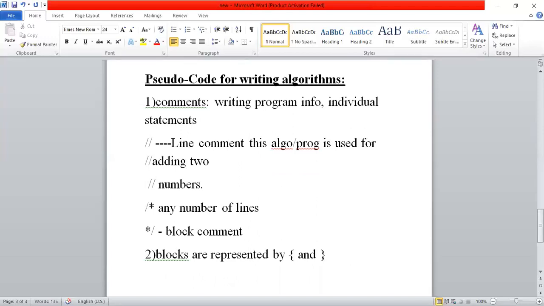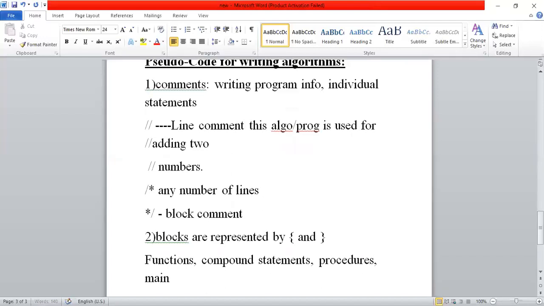Generally, we use these blocks in functions. Whenever you write a function header followed by an open curly brace, after that we can include the logical information about the function, but finally we need to close the function. So the function body requires open and close curly braces. This means compound statements. Compound means more number of statements. So compound statement representation requires block representation.